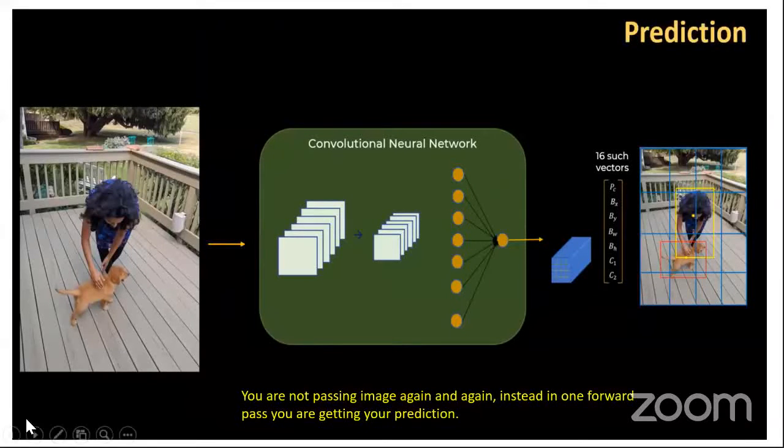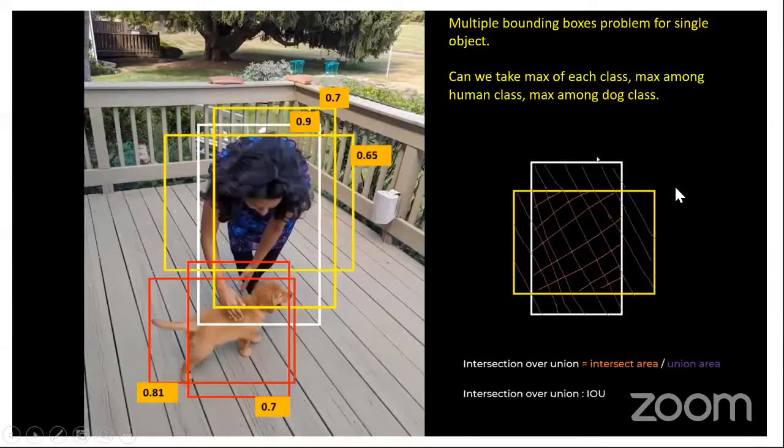Okay, so this is how it will work. You will provide an input image to it. According to the grid cells, it will tell you where the target object is, and you can draw a bounding box across it. Now the thing is, your algorithm will not give you that much accuracy. It might predict multiple bounding boxes around your object. In this image, you can see the woman has multiple bounding boxes around her with confidences like 0.9, 0.7, 0.65. And for the dog as well, it has predicted 2 different bounding boxes.